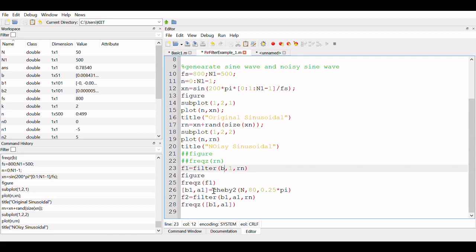Filter comes with 3 or 4 argument options: filter b comma a. B stands for the zero part, a stands for the pole part, or the numerator and denominator of the filter. As we know FIR filters are all zero filters, so the denominator is going to be 1, and then my sequence, right?